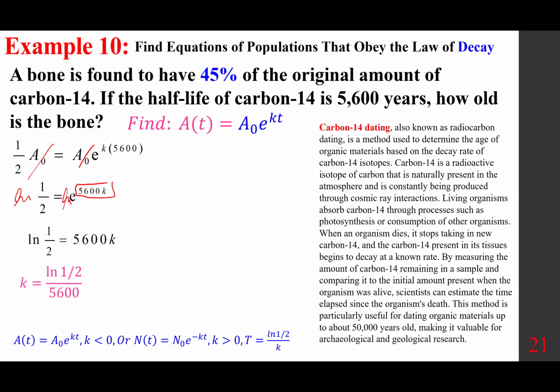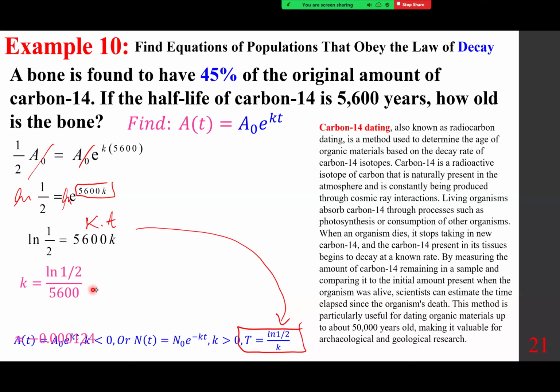In other words, class, if you just keep this as a t, then it establishes t equals ln of 1/2 over k. So I want to make sure we understand what's happening here. When we don't write negative, this is what we get. If we write negative, we just have ln of 2 over k. In any event, so that's the k. You put that into a calculator. ln of 1/2 is a negative number, so negative